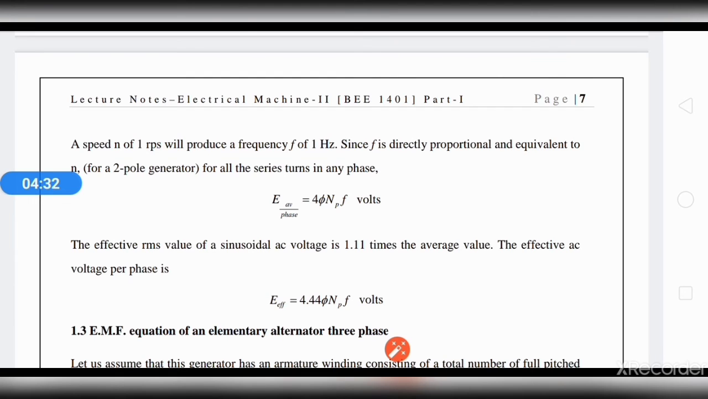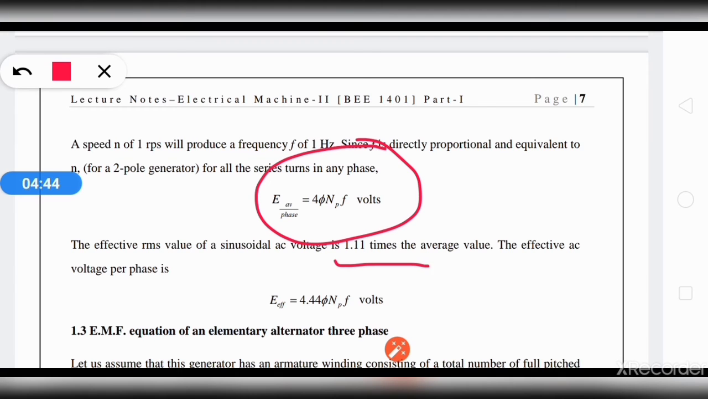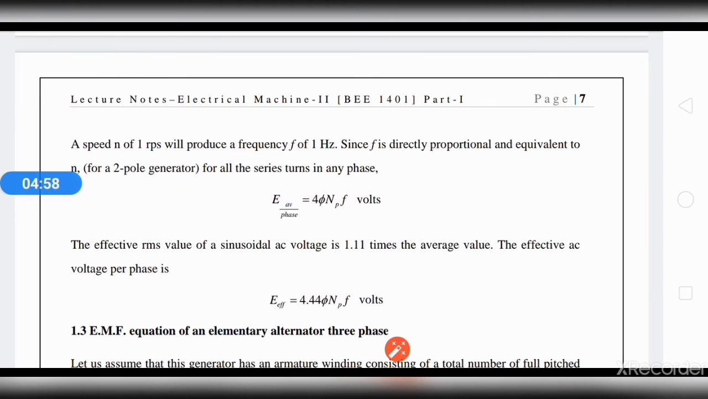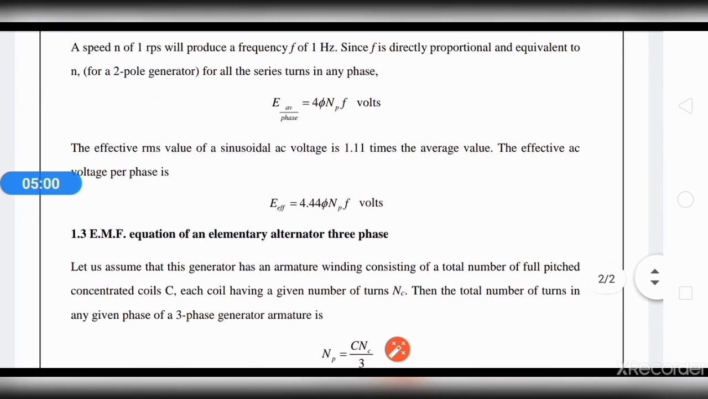The effective RMS value of a sinusoidal AC induced voltage is 1.11 times the average value. So we will multiply the equation of average value by 1.11. So we will get the final effective EMF induced in an alternator or synchronous machine, which is 4.44 phi Np into f. So this is all about the induced EMF in the